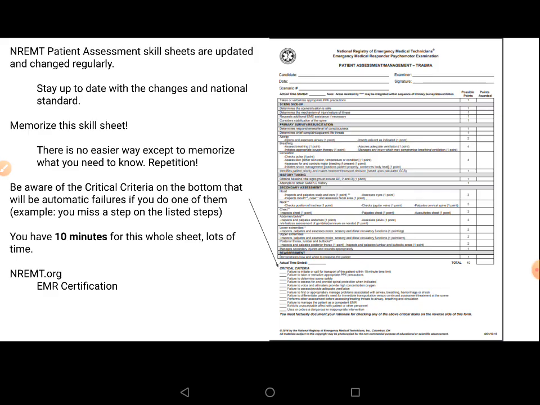So also be aware of the critical criteria on the bottom. That will be automatic failures if you do one of them, such as, for example, you miss a step on the listed steps above. I have an arrow pointing to the critical criteria. I know for me personally, I did not memorize the critical criteria. I memorized each step, so all 40 points that you see here, because I viewed that that's what they want you to know. So it's a lot easier for me to memorize what they want me to know